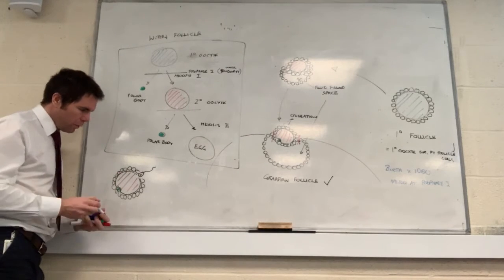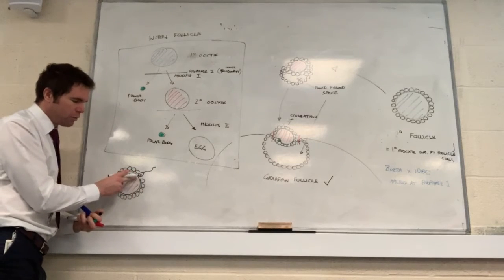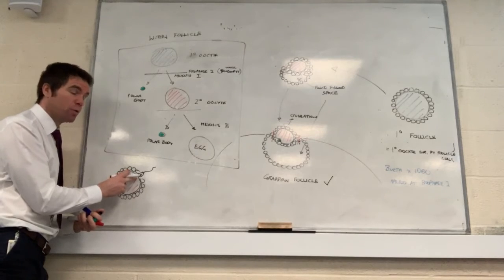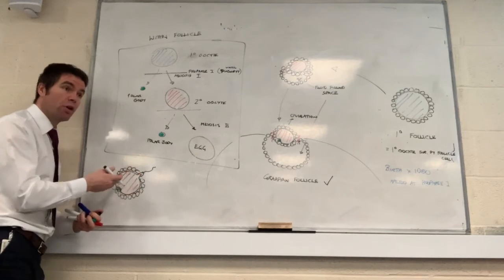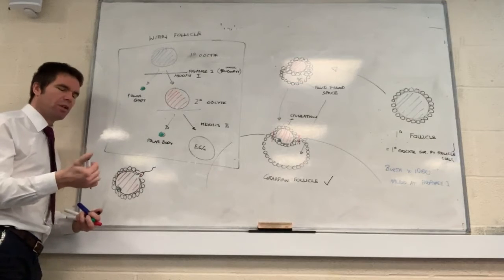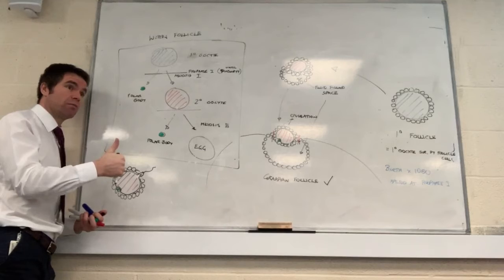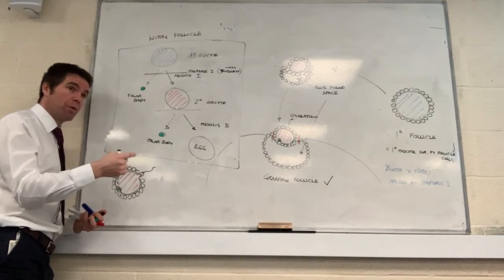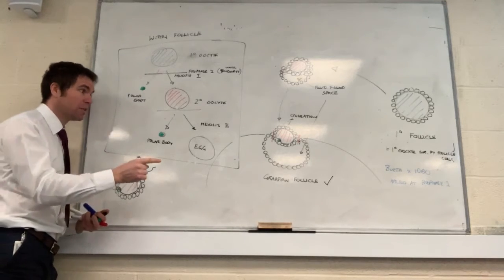So what happens is the sperm comes into contact with the secondary oocyte, and then the membranes fuse. So at that point, that fusion of the membranes, we can say this a bit more crudely, when the sperm penetrates the secondary oocyte. But better, when the membrane of the sperm and the membrane of the secondary oocyte fuse,